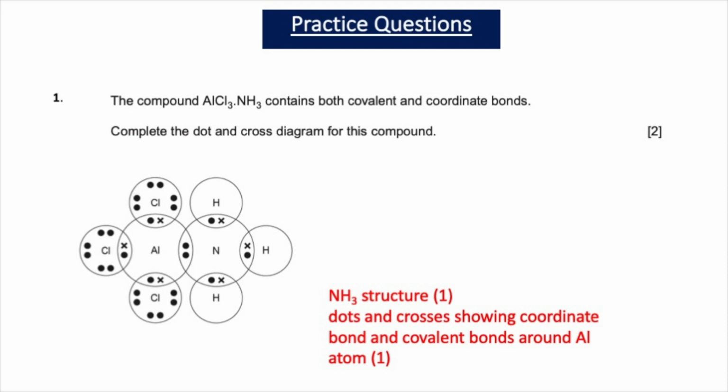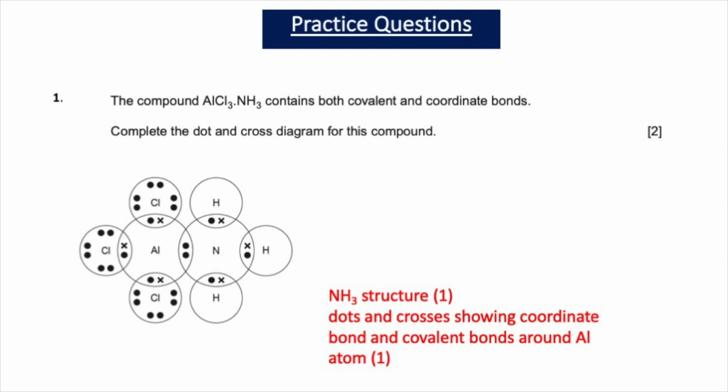So question 1 says the compound AlCl3NH3 contains both covalent and coordinate bonds. Complete the dot and cross diagram for this compound. So the aluminium chloride covalent bonding diagram was drawn for you, and you have to draw ammonia, NH3. You have to have the correct structure for ammonia, and you have to show that it's forming a coordinate bond